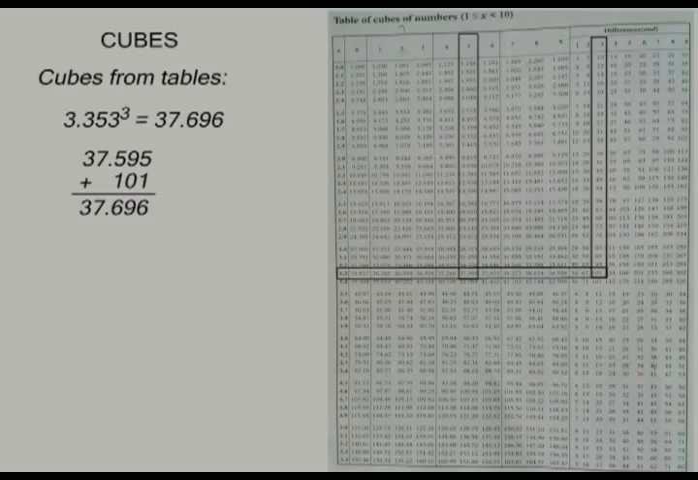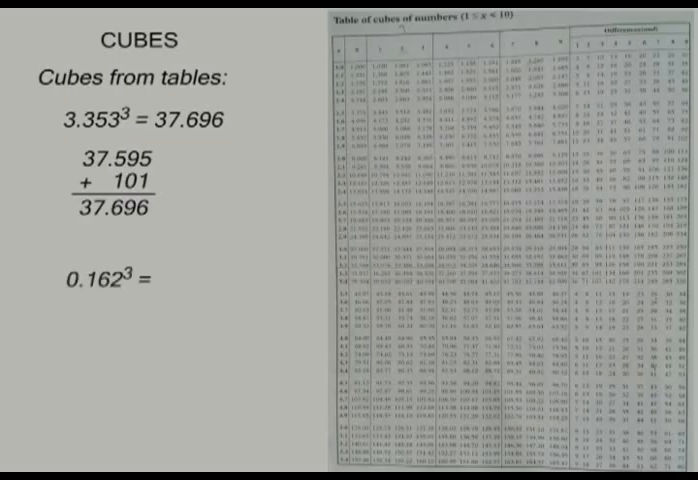Now, the tables of cubes of numbers give the cubes of numbers from 1.000 to 9.999. For numbers less than 1 and greater than 9.999, we first convert them into standard form. For example,